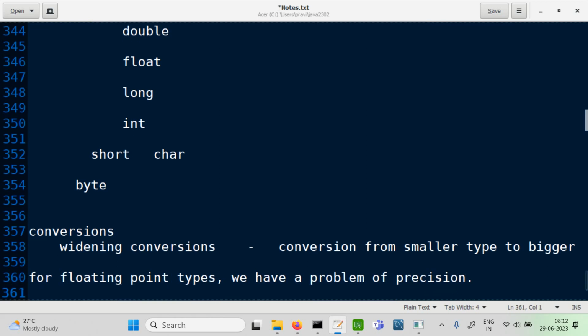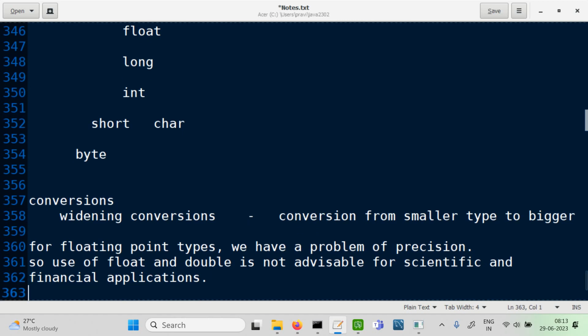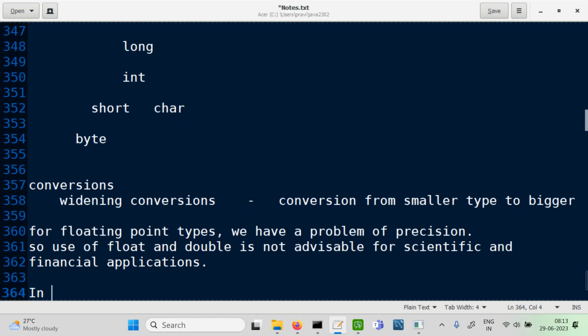Okay, fine, we understand this problem of precision, right? Clear? Okay, fine. Then what do we have? So in Java, we have